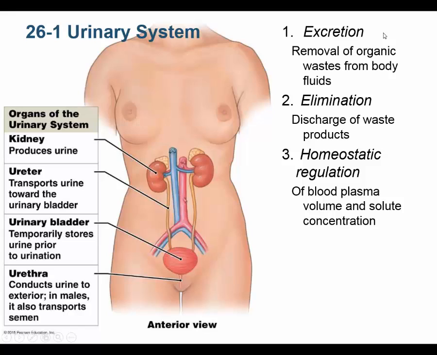All right, that's an overview of the urinary system. Now, this is just the anatomy, and I don't want to beat it to death because you did it in lab, but we'll talk about it a little bit. So you can see the kidneys here, and you can see that the right kidney is slightly lower than the left kidney, and that's in fact true for most of us. But I do want to tell you that we're giving you the average anatomy here because